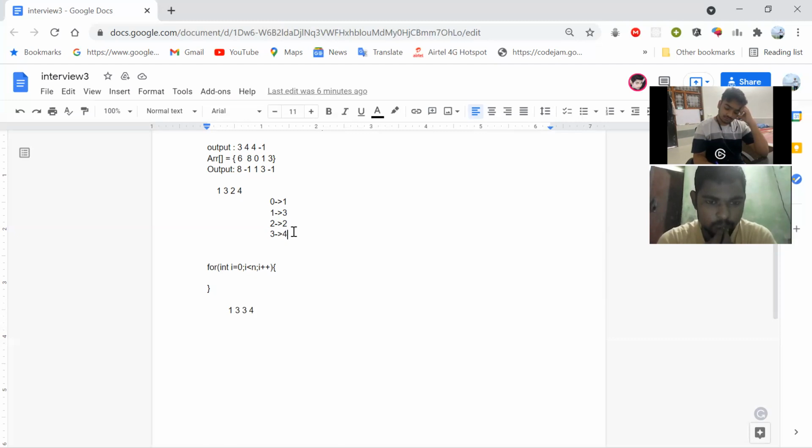Now I am at the value of 3. What I'm thinking is, what is the maximum element till this element? It is still 4. I'm writing 4 here.